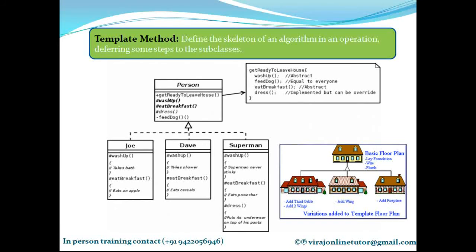So with this, what we have understood is the algorithm skeleton is intact, but each step in that algorithm I can defer to the base, or I can defer it to the subclasses if they perform that operation differently. If a particular step in the algorithm is common across all the subclasses, then you can define that step in the base class itself. But if a particular step is performed differently by different subclasses, then have it as a placeholder in the base class, but define it in each of the subclasses in which it is being done differently.